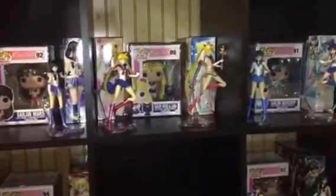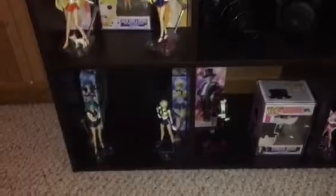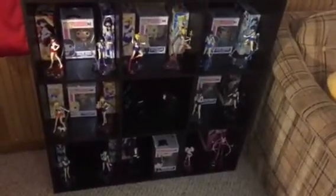So just in this top one I have Mars and Saturn. I've got in the middle Moon and Super Sailor Moon. I have Mercury and Super Sailor Mercury, followed by Jupiter and Pluto. In the bottom corner I've got Chibi Moon and Black Lady, and then Tuxedo Mask by himself. In this bottom corner I've got Neptune and Uranus, and then in the middle I've got Venus and Sailor V. So it doesn't really look like a whole lot, but I plan to get more figures, more Sailor Moon merch to